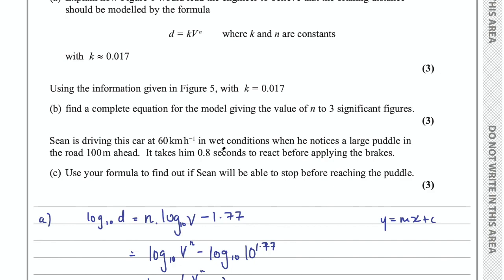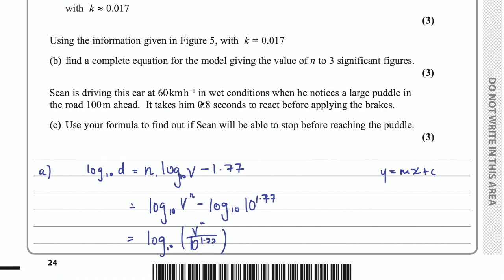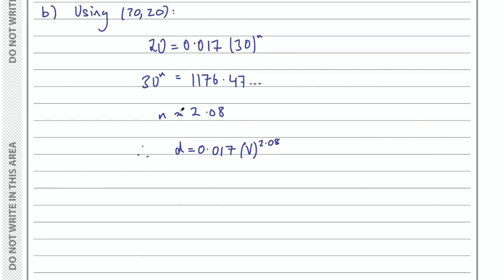So we need to actually work out both of those distances, add them together, and hopefully that is less than 100 meters. So to firstly work out the distance before he brakes, 0.8 seconds, we're going to multiply that by his speed, 60 kilometers per hour. So for part C,